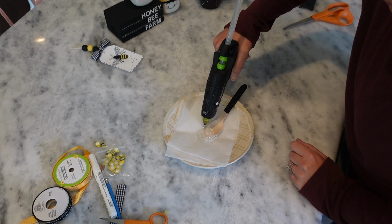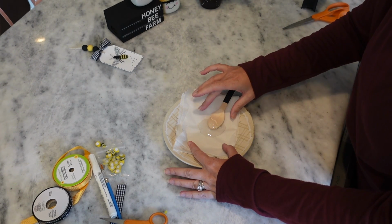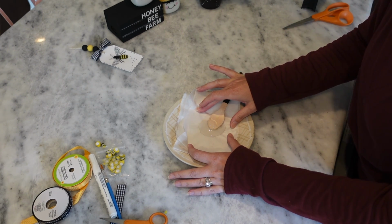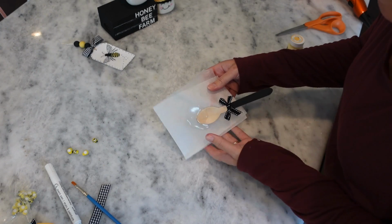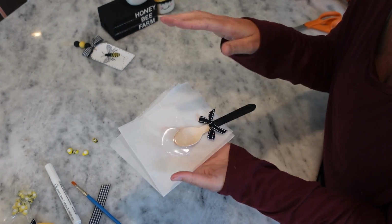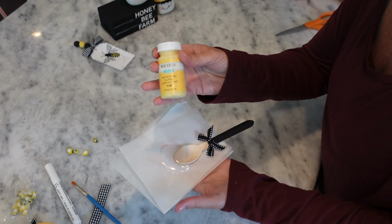All right, now I'm gonna let all of that sit and dry, and then I'll show you what we're gonna do with this. All right, so I went ahead and just put my little bow on there real quick. Hey, look. All right, now, once again, everywhere where there's hot glue, I'm gonna paint it in that yellow,